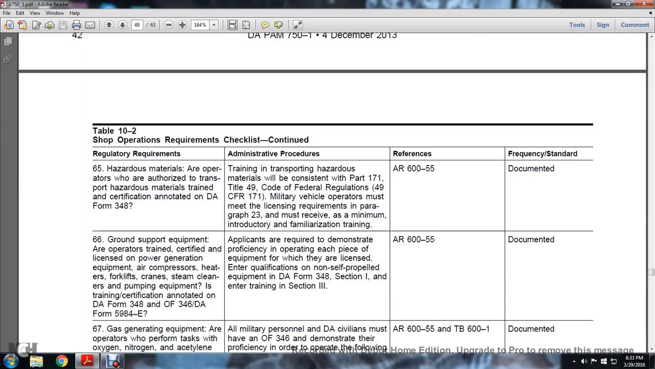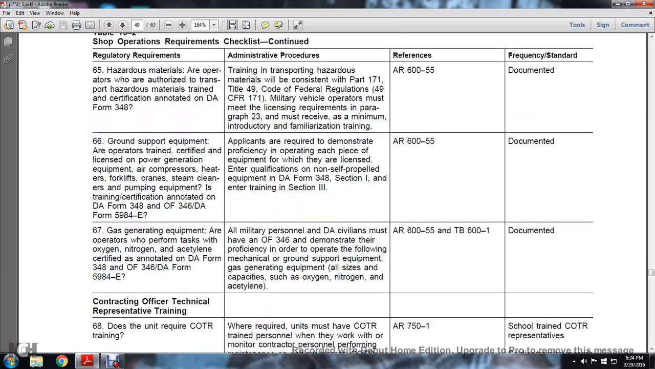Hazardous materials: operators authorized to transport hazardous materials are trained, certified, and noted with DA Form 3048. Training in transportation of hazardous material will consist of Part 171, Title 49, Code of Federal Regulations. A military vehicle operator who meets the license requirements in paragraph 23 must receive a minimum introductory familiarization training, AR 655 documented. Ground support equipment operators are certified with a license on power generation equipment, air compressors, heaters, and